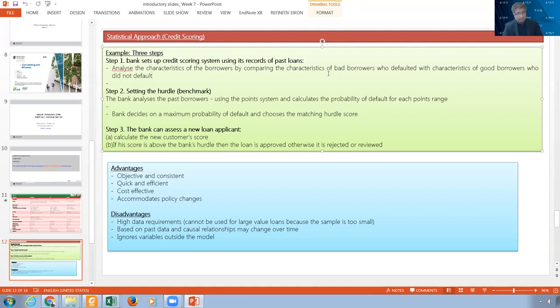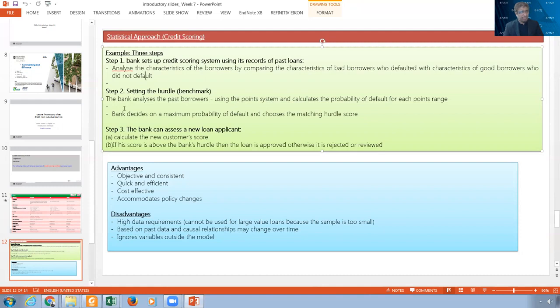And then you will put some types of those characteristics, and then you will calculate some type of score. You compare good borrowers to bad borrowers, because you will do some type of numbering. For example, the profession. If the profession is unskilled, it will have a number. If it is skilled, it will have a number, and then it will go like this. If it is private business, it will get a number, as I will show you.